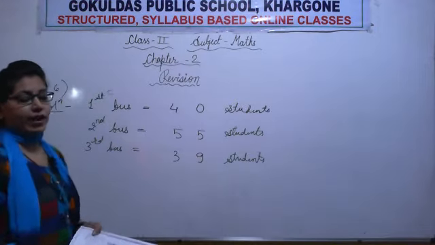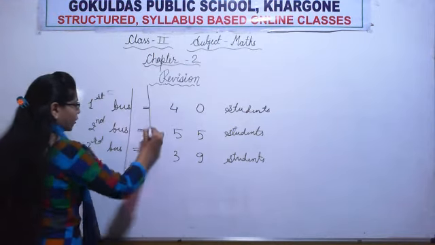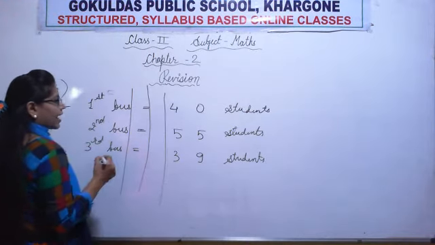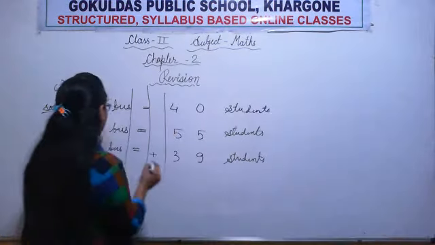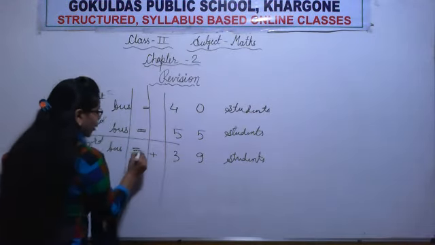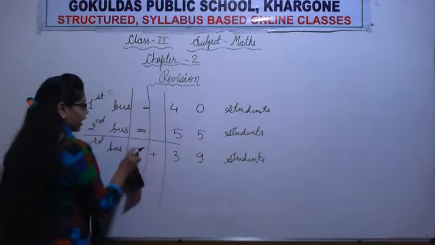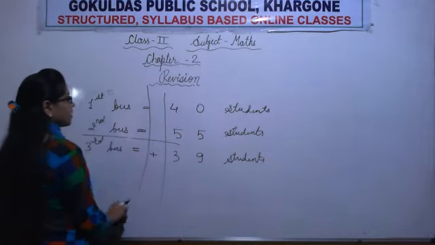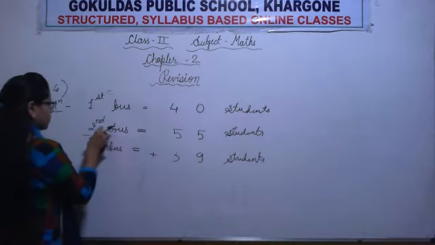See, whenever you write word problems, I have noticed a common mistake that this is how your box copy looks like. Okay, so you will write equal to in another box and plus sign in another box. Do not put two signs in a same box. Okay, this is how your box copy looks like. So what you do, you write equal to and plus in the same box, but do not do this. Okay, write both two different signs in two different boxes.